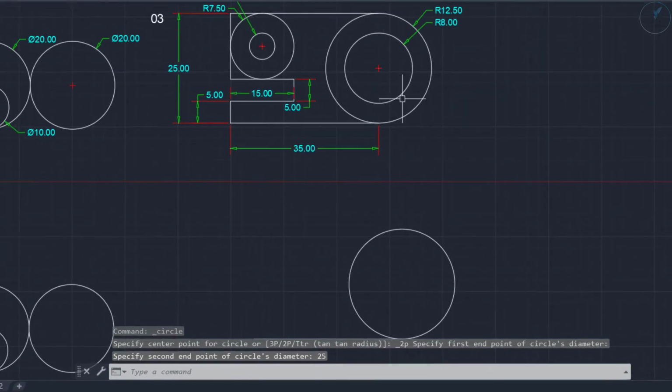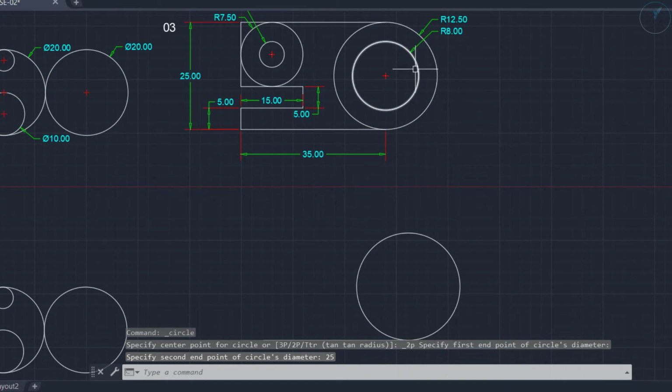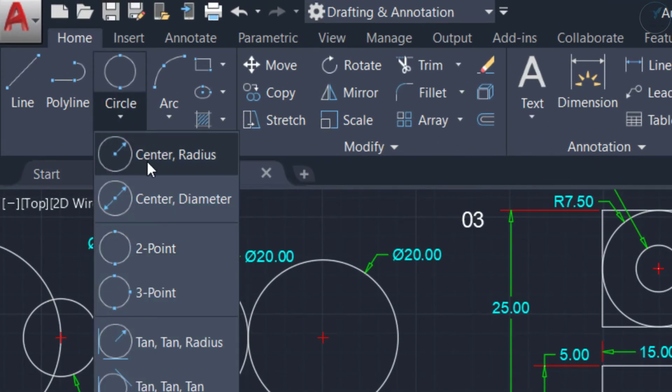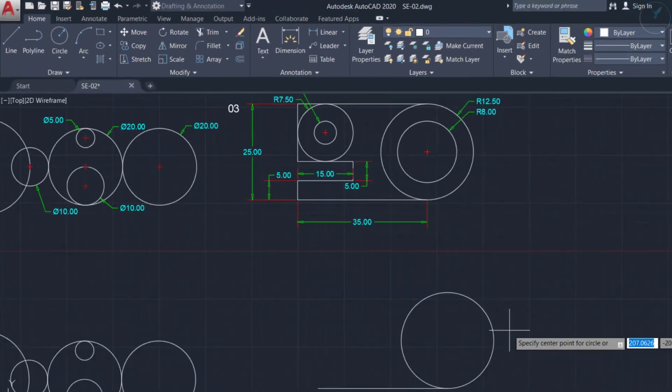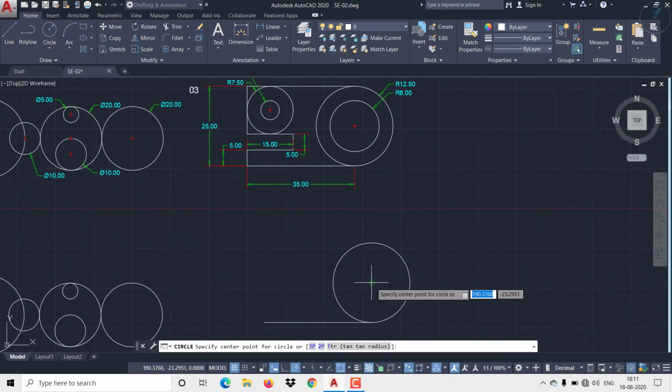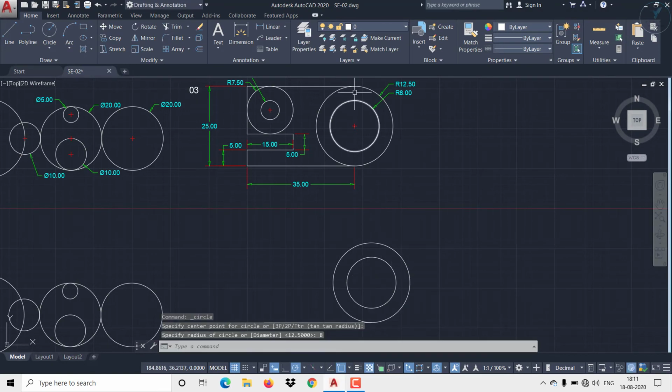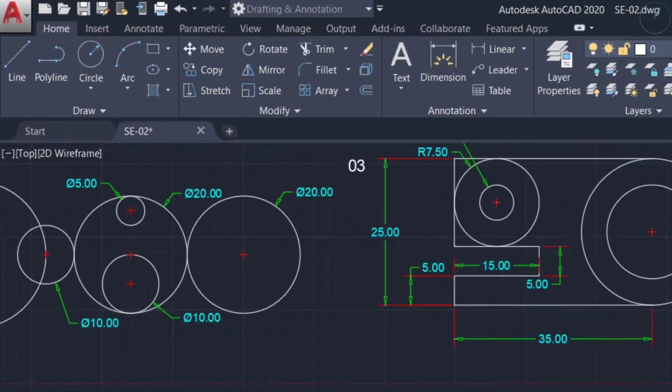Created. On the same center point we need to make another circle of radius 8. So now we can go for center radius. Just go nearer the circle, automatically it will show you the center point. Click on that center point and then give the value as 8. Created. Now another line is forming, it is coming straight and it is started exactly on the quadrant.